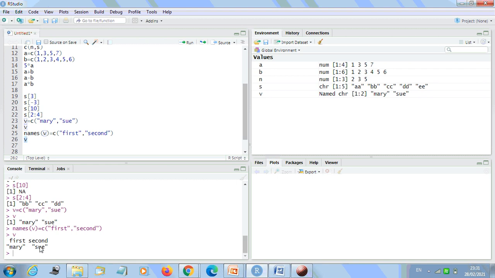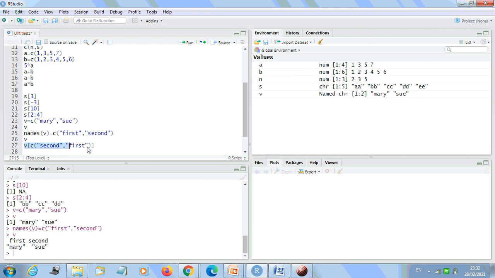If you want, we can reverse the order with a character string index vector. I have already written this V. Let me write V again, and in square brackets I will write c, second, and first.